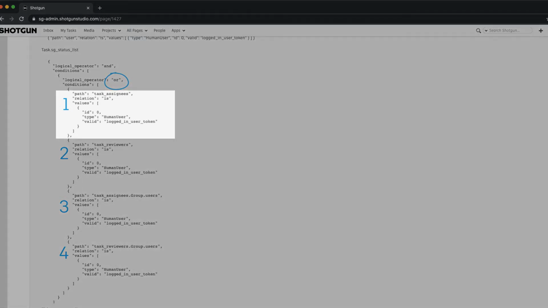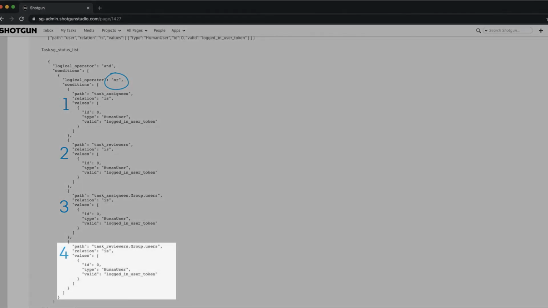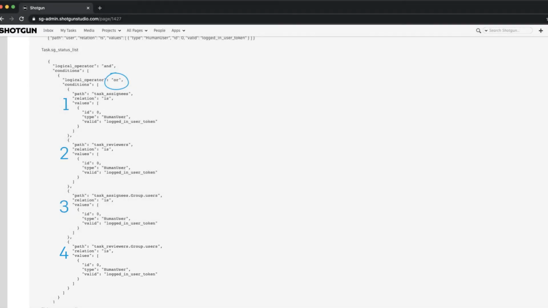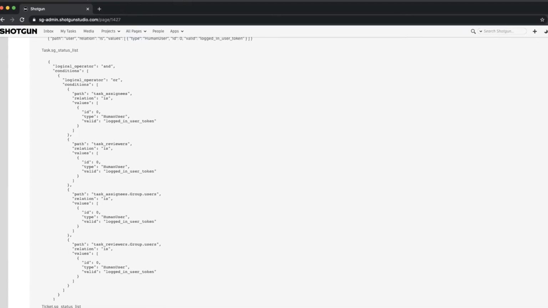They are the person assigned to the task, or they are the reviewer assigned to the task, or they are in a group that is assigned to the task, or they are in a group that is assigned as the reviewer on the task. Conditions can take some getting used to, but after some practice, we'll get the hang of it. If these rules are problematic for any reason, reach out to support for further discussion.